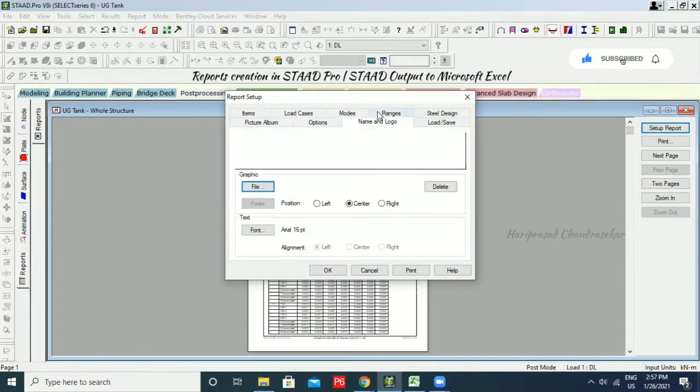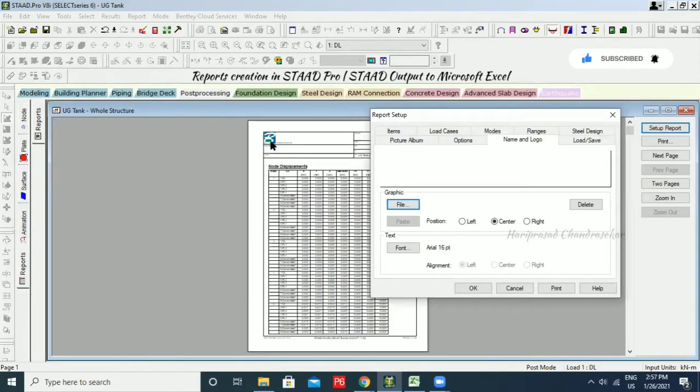In these things, under name and logo, you can click this graphic file, and you can input your own logo if you don't want this Bentley logo. And you can even input the font sizes and the font names as well.